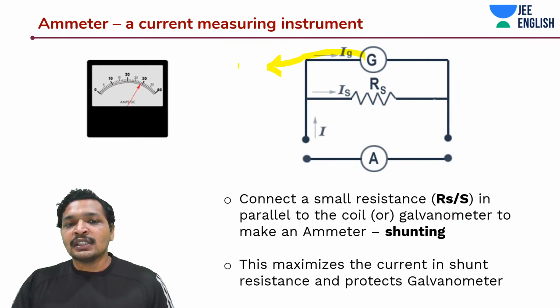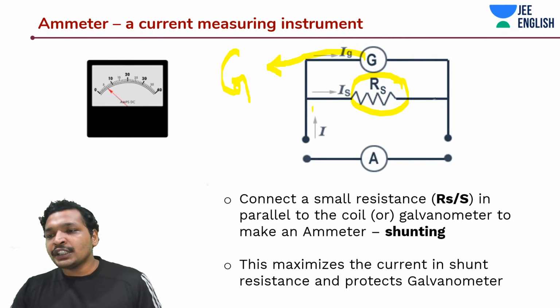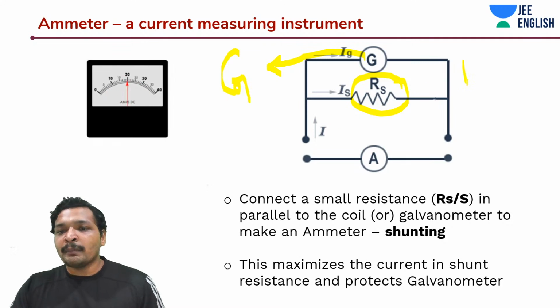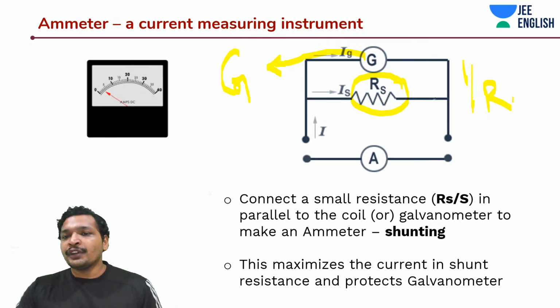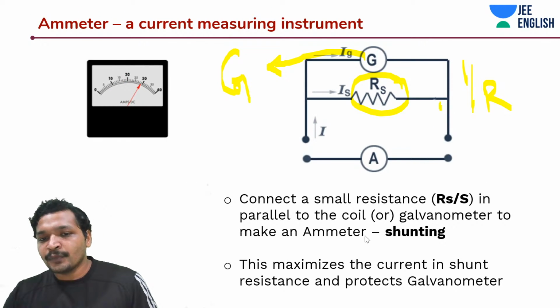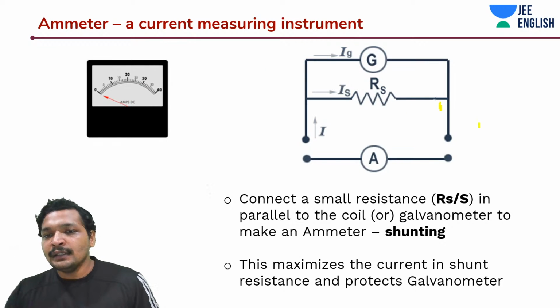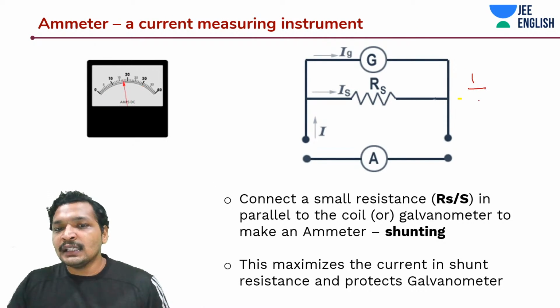You already know the resistance of the galvanometer. Now if you place the shunt resistance in parallel, the current in the parallel combination would get divided according to 1 by R, right? In parallel, the current ratio is going to be 1 by R, isn't it, students? So in parallel, the current ratio would be in the ratio of 1 by R. So this is in parallel, right? So 1 by Ig